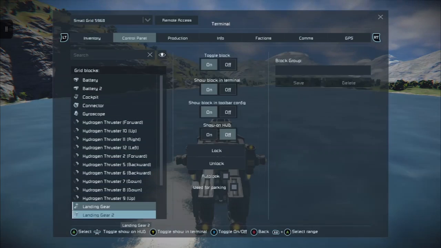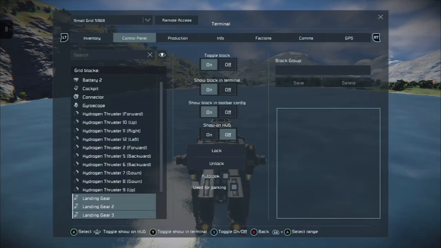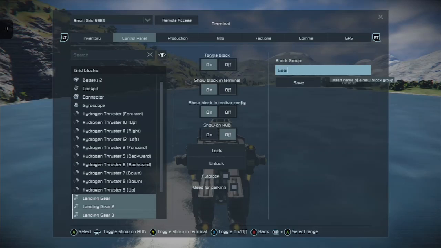Make a group of your landing gear. So RB and A on each of those. Push the left stick across till it says block group. Type the word, say like gear. Save it off.